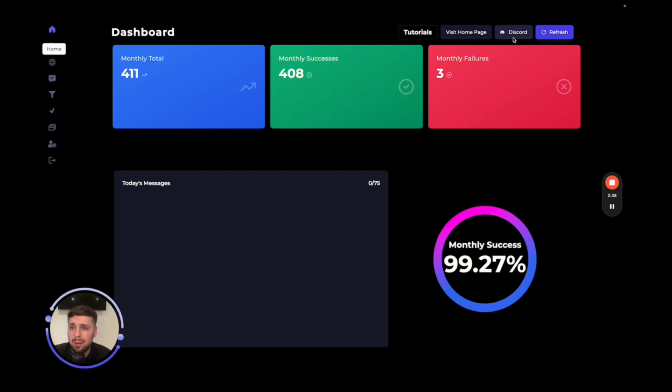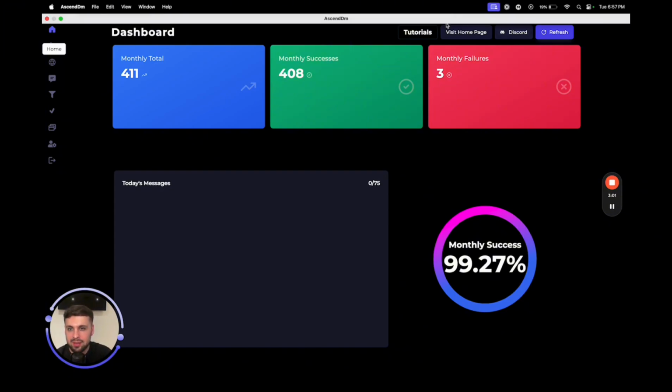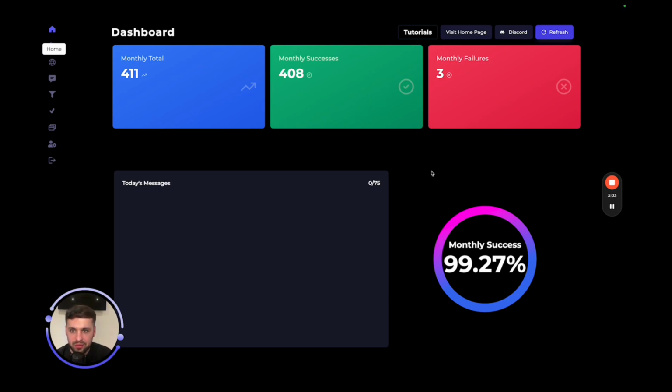But to be honest, I've had about one glitch since I started using this, and it was sorted literally within an hour. And yeah, the results have been honestly incredible, and I'm very excited to see how far this software goes, because they continue to add in features. I myself have messaged asking for features to be added, and they've added them the next week. So they're really, really on the ball with this. The support's incredible, and it's almost like a little community going on in the Discord as well. So it's really beneficial.